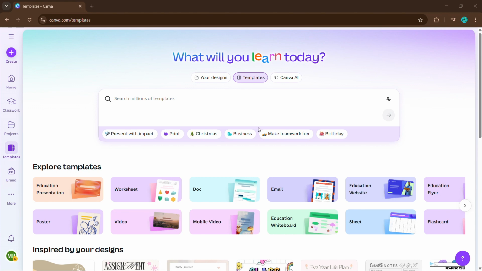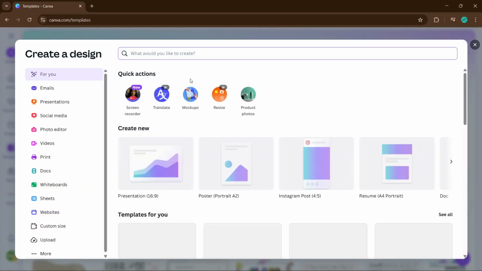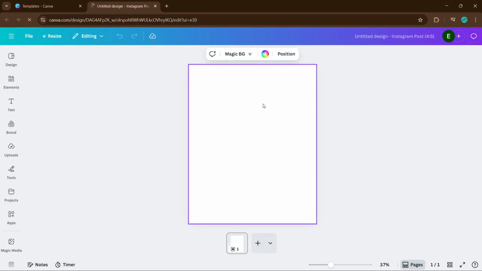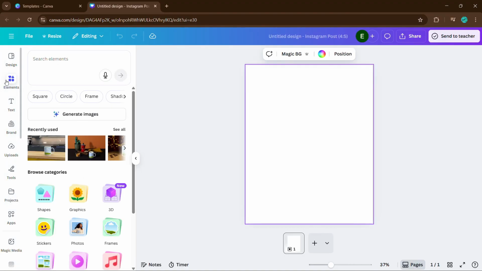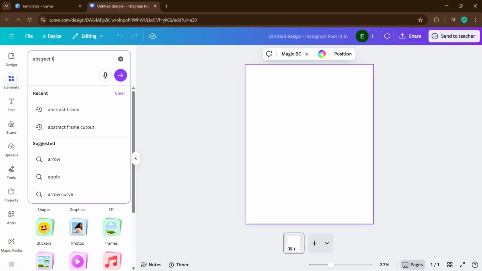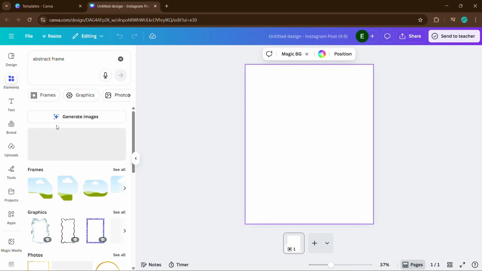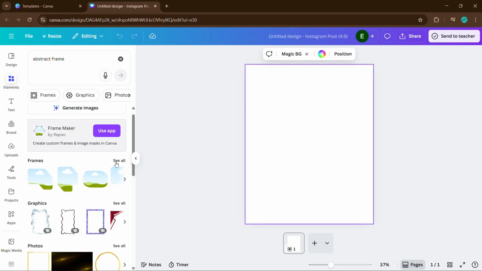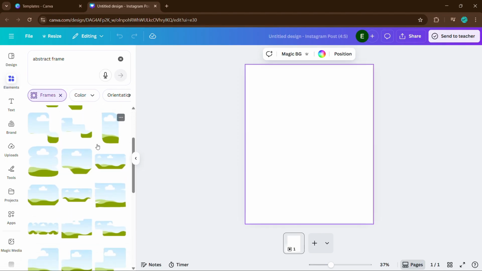First, head over to your Canva account, click Create, and select any canvas size that fits the type of design you want to work on. Once your blank canvas appears, move to the Elements tab on the left panel. In the search bar, type Abstract Frame, then hit Enter. A variety of elements will appear. Scroll down until you reach the Frames section, then click See All to view the full list of frames connected